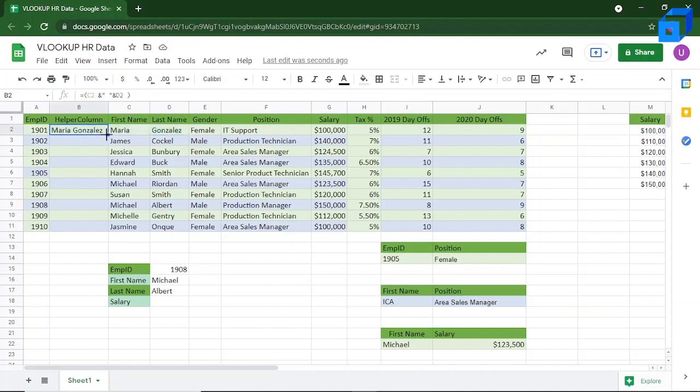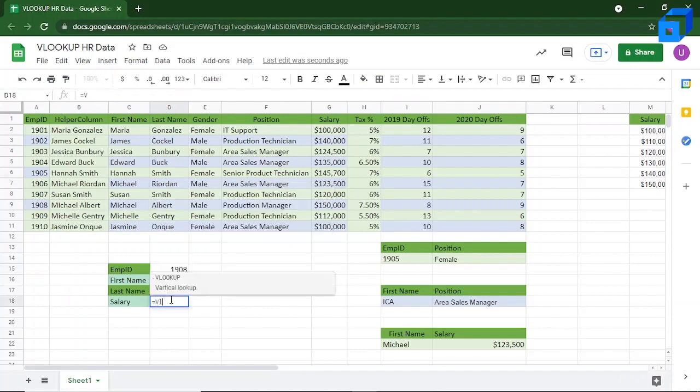So we'll use the fill handle to fill the rest of the values. Like we see over here, we have Michael Albert in the same column. So now we can use this column to find the salary of Michael Albert. So let's use the helper column.